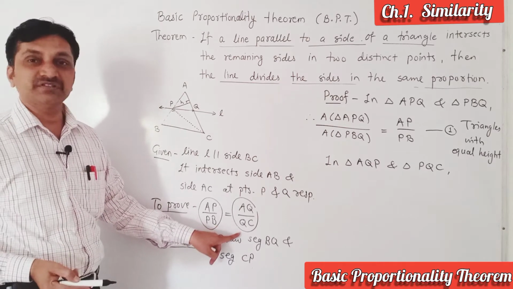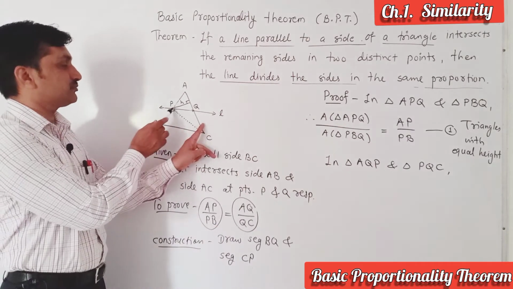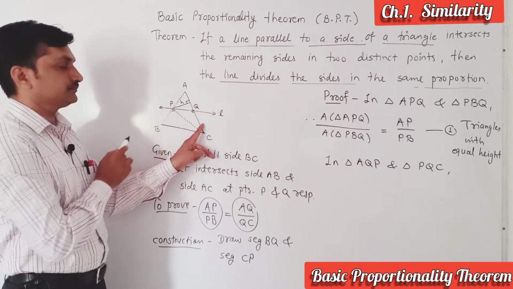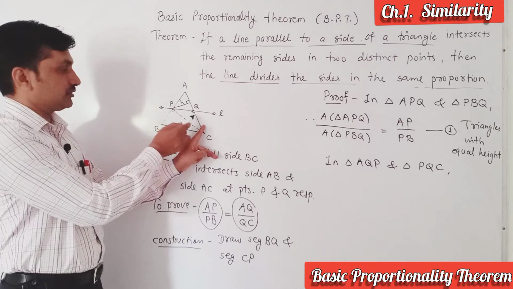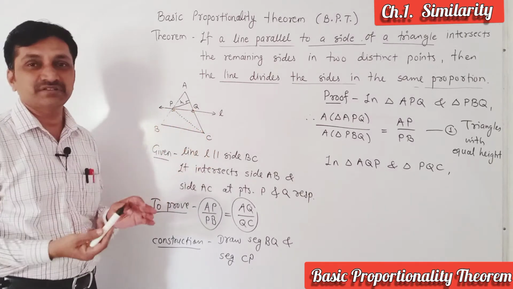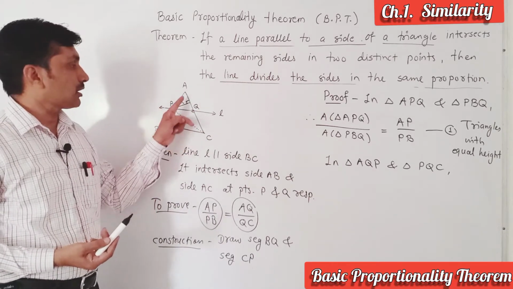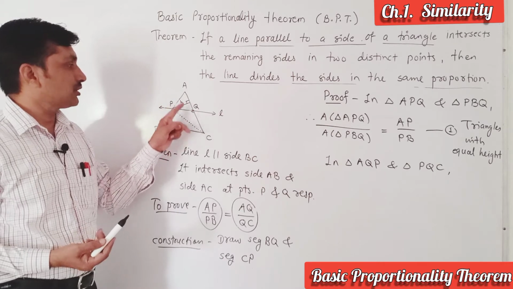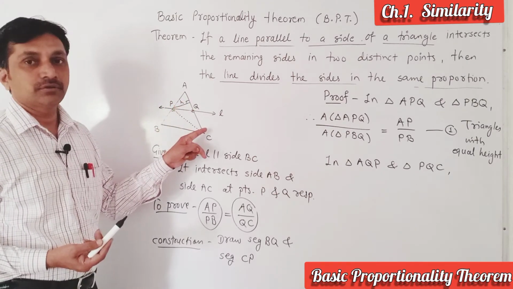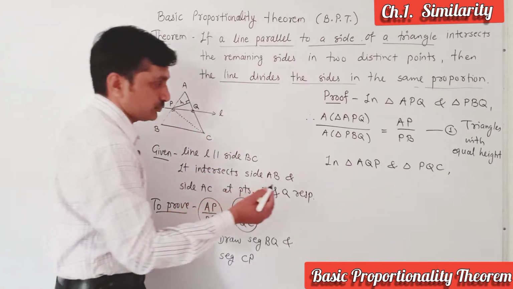Second triangle with base QC. If we take QC as base, what is the third vertex? P, and from P the height will go outside because the angle at Q is obtuse, and if we extend the base, then the height will come here. Therefore again, what is the same here? Heights are equal. Height of AQP is H, height of PQC is H. Therefore, if heights are the same, the ratio of their areas equals the ratio of their corresponding bases.